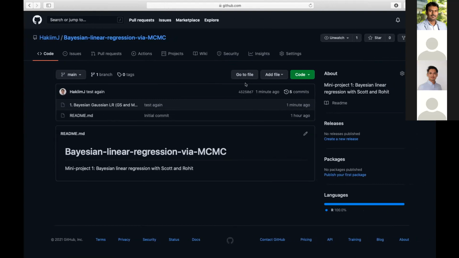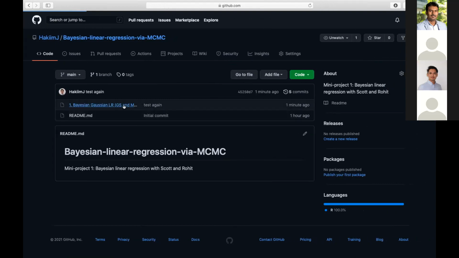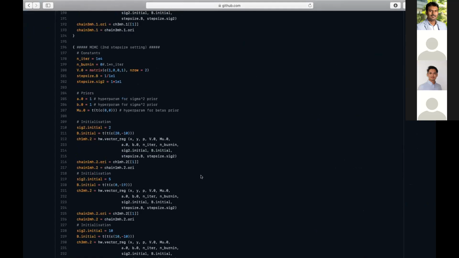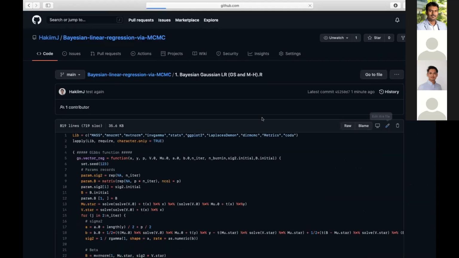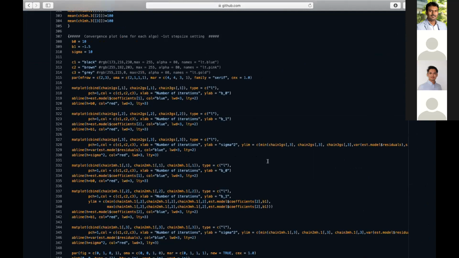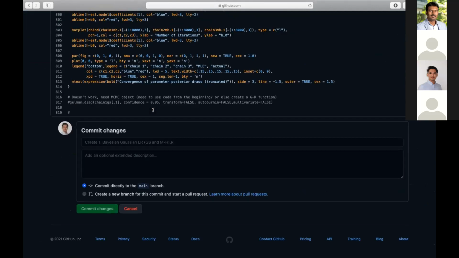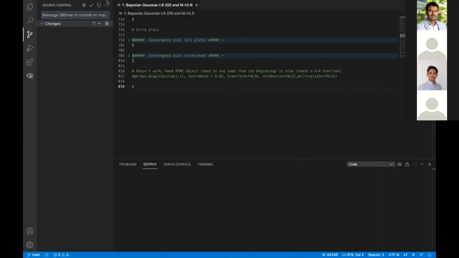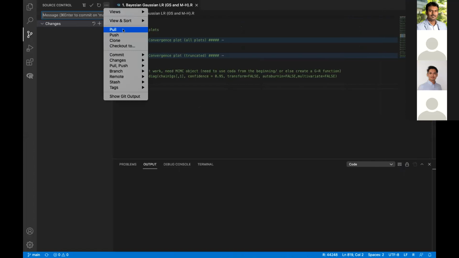This is just the same thing that I did before, to show again that I can pull it. You can make changes from here, and then I'll just pull.